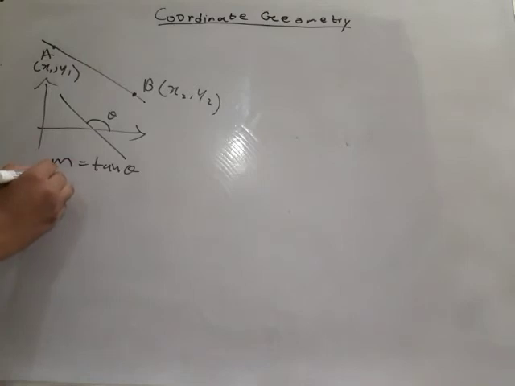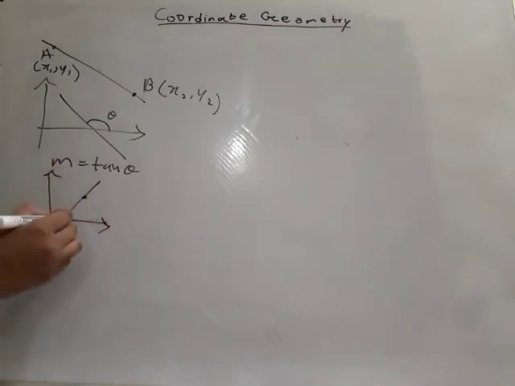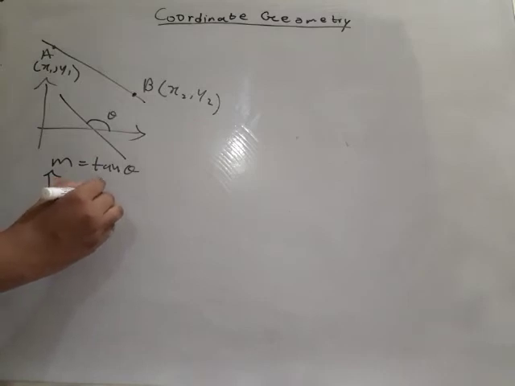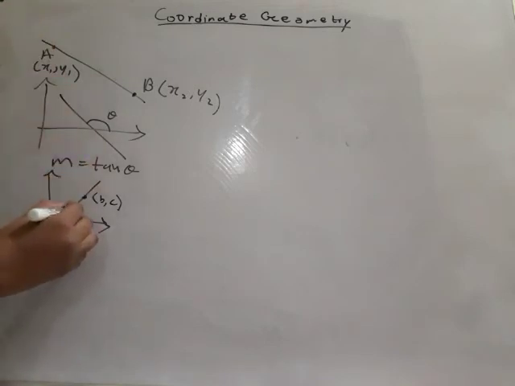Now let us have a brief discussion. This is a point. Let us take 2 points, one on the x-axis and one arbitrary point. Suppose the coordinates are a comma 0, and this is b comma c. So this is angle theta. We see that